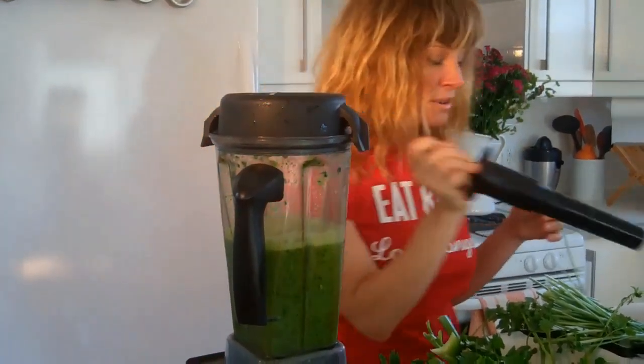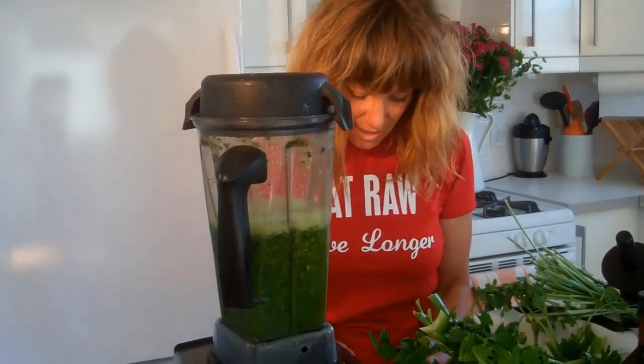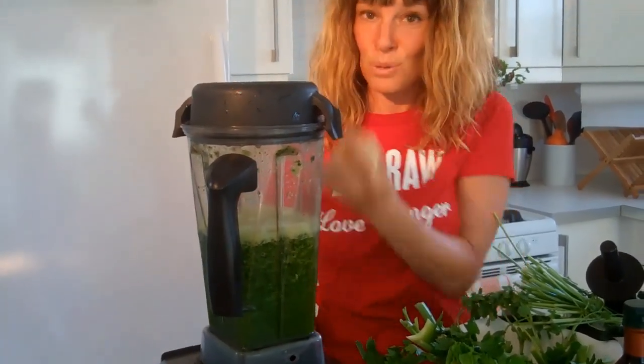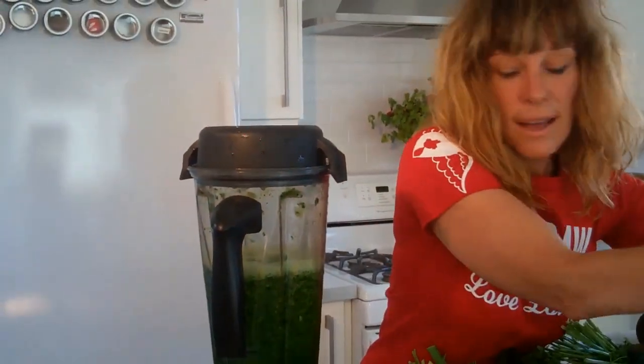More ingredients, your other ingredients. So I'll add a lemon. I peel the lemon, and I like to cut it in quarters just to make it easier. You could throw the whole thing in. I've seen these Vitamixes puree an avocado pit. So we have that. I don't think I added the dill. I'll add some dill,